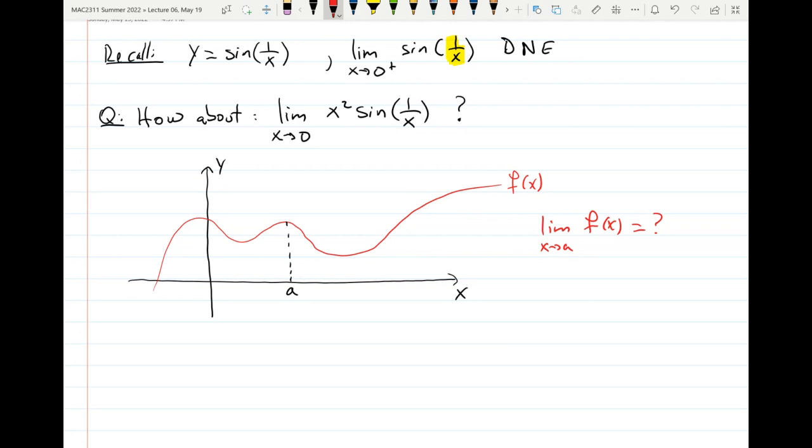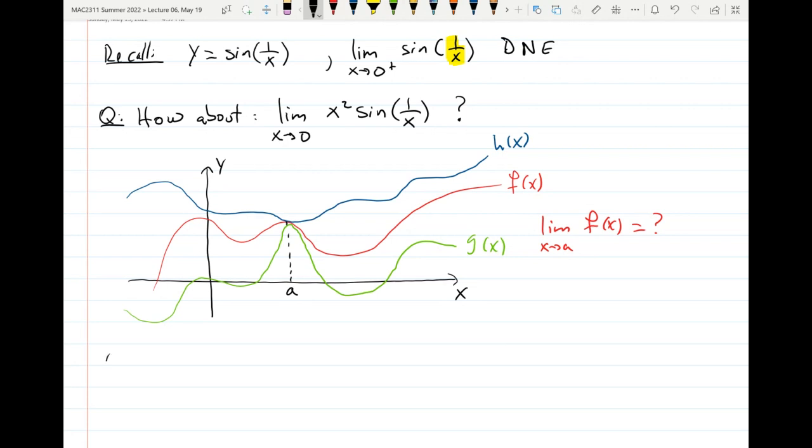So let's say that we have a function and we are interested in what happens around a for this function, but we cannot just analyze the function itself. Now we need more data. So what if I tell you that we also have two more functions, let's call them g and h. Let's say that we have a function h that's always above the function f, and then we have another function, let's call it g, that's always below the function f. Or it doesn't have to be always, but at least around a,